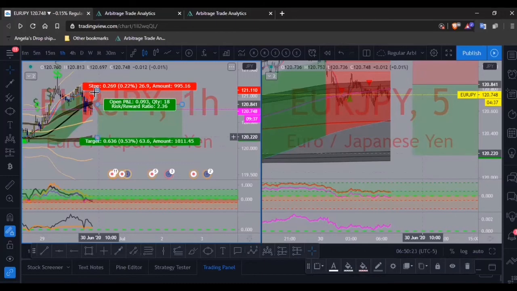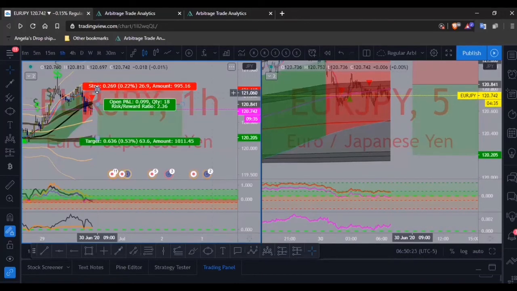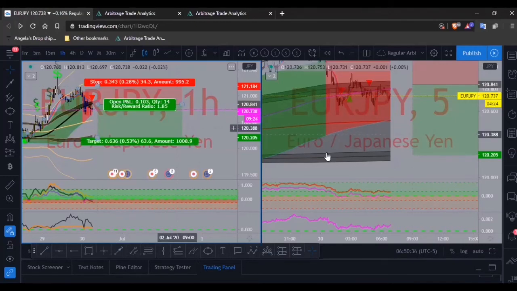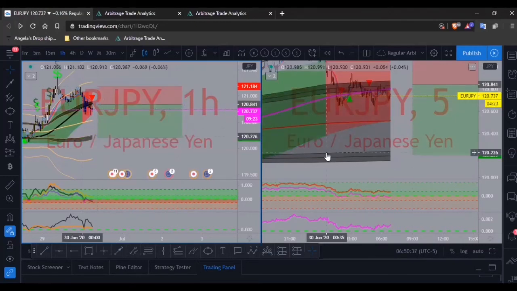I'd like to sell. I'm going to get in it regardless. I just didn't like the risk reward, how it was. This slightly looks better, but I'm not going to wait for price to come up here. Like I said, I'm just going to set my alert to tell me when to get out. So, Euro JPY,